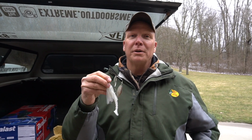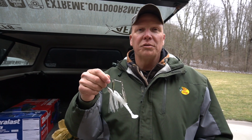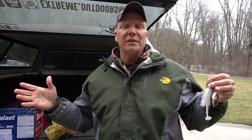Because when a big smallie hits it, it's like a Mack truck hit it. It just stops in its tracks. And you get big fish on spinnerbaits out in St. Clair, anywhere right this time of year. These spinnerbaits work well. I don't know what it is. They're chewing like crazy, getting ready to spawn. But white spinnerbaits, a lot of times I'll throw them out, let it go to the bottom, jerk it off the bottom, and start reeling in slow. Almost slow rolling this time of year. You know, that's what I like to do. I'm not saying this is the way you gotta do it. Just like guys say,